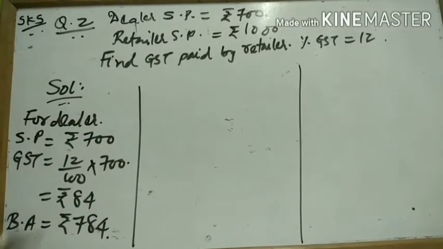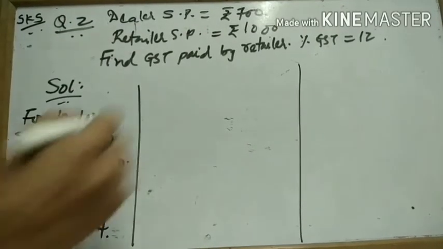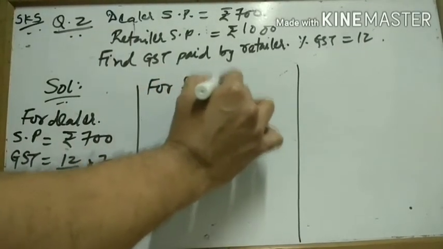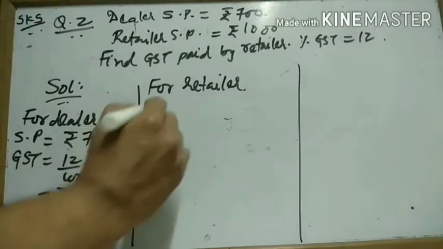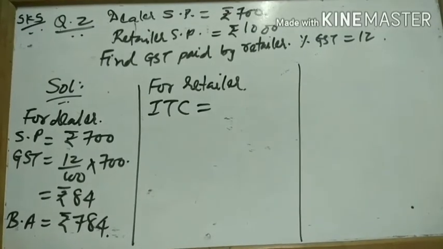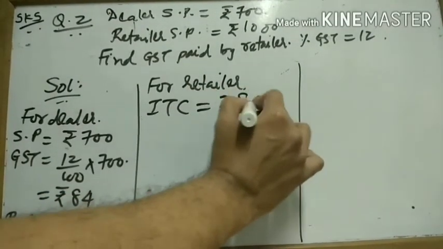Now, this 84 rupees is collected by the dealer from the retailer. So for the retailer, he has already paid rupees 84 as GST. That GST he has paid is called the input tax credit, which is equal to rupees 84,